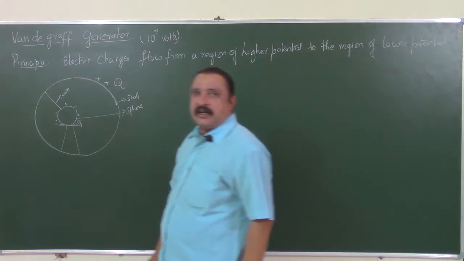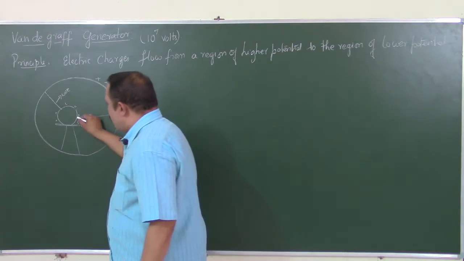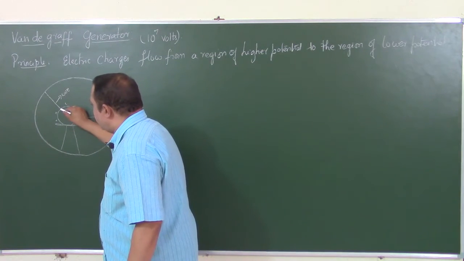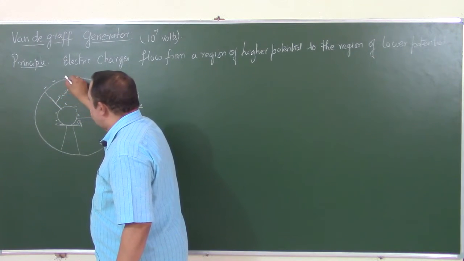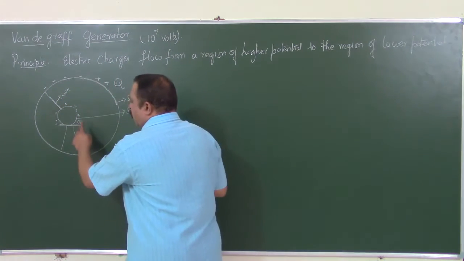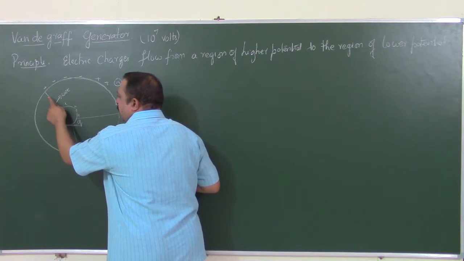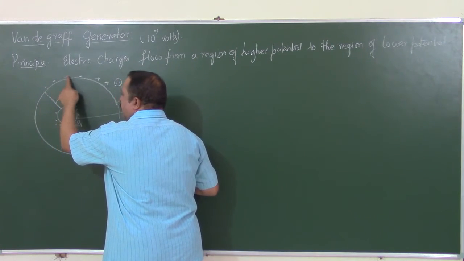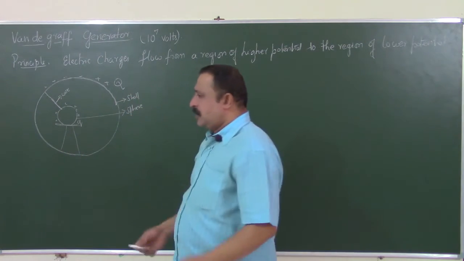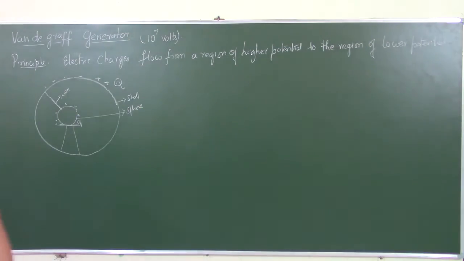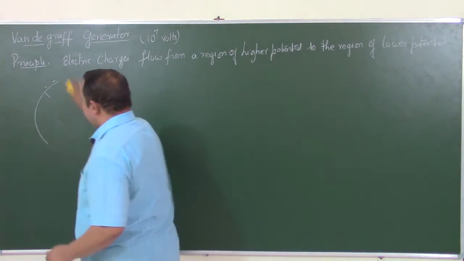Now, the principle on which Van de Graaff generator works is that all the charges will flow and reside on the shell itself. All the charges on this sphere, through the wire, go and reside on the conductor, that is on this shell. So, let me just write that. Whatever I said, I will put it in the form of a sentence.